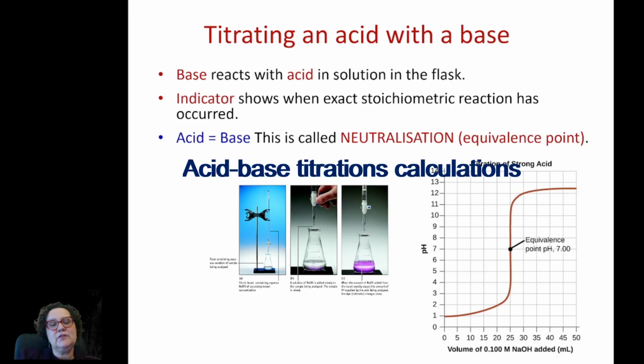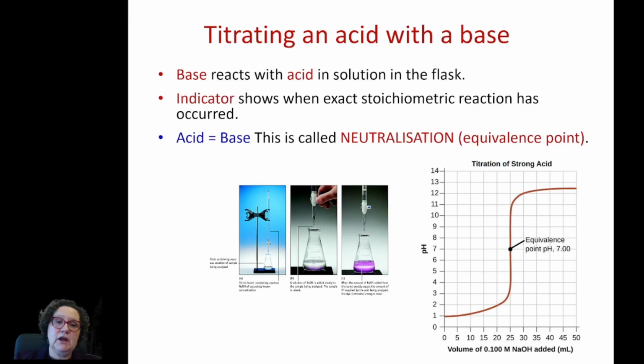Okay, let's look at something called neutralization reactions. A base will react with an acid, or an acid will react with a base. And when you do that in the lab, with a burette and a conical flask, etc., we call that a neutralization, or we call that a titration. So we talk about titrating an acid or titrating a base. And that's very commonly done to find out the concentration of an acid or a base that we don't know by making them react, titrating them